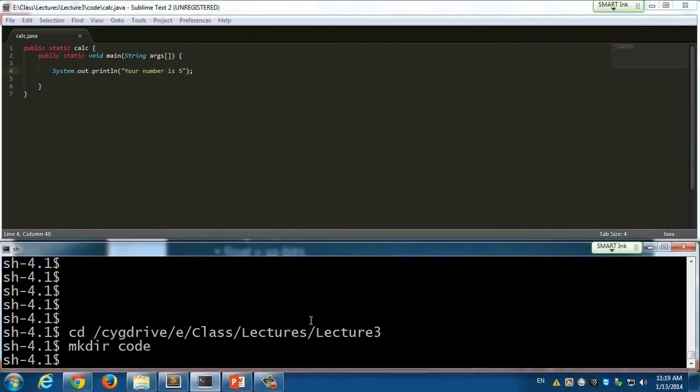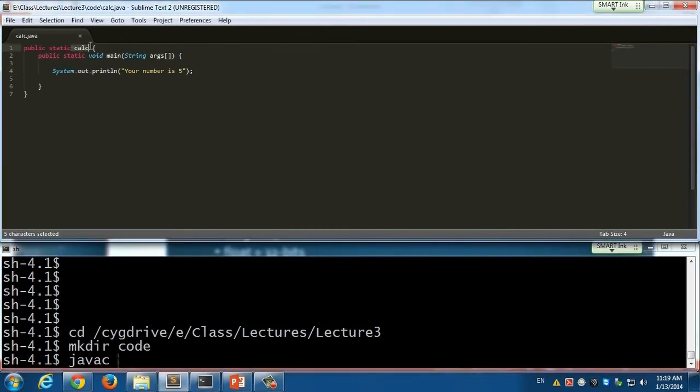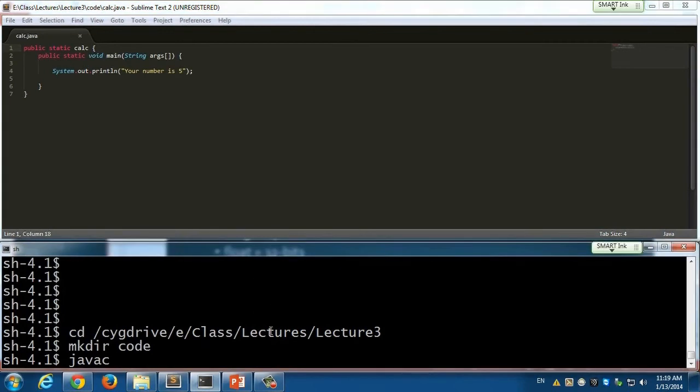And so if I go to javac, because remember I have to compile all of my code. I have to take the form that it's in right now, which is actual source code, and compile it into bytecode, which can be read by Java. So I'm going to run the compiler on whatever this class name is right here, which should always be the same as the file name. In this case, the class is called Calc. I've saved it as Calc.java, and so I'm going to run